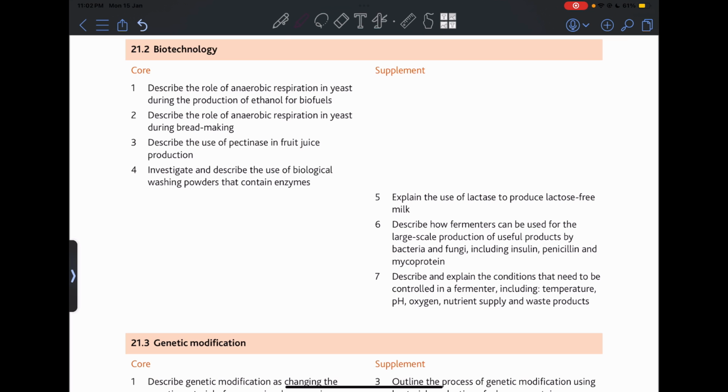So sometimes detergents and things, they will have biological washing powders so that they can remove lipids. For example, they can remove proteins or some stuff like that. Extended students explain the use of lactase to produce lactose-free milk. So lactase can be used to break down lactose in some dairy products so that people who are allergic can